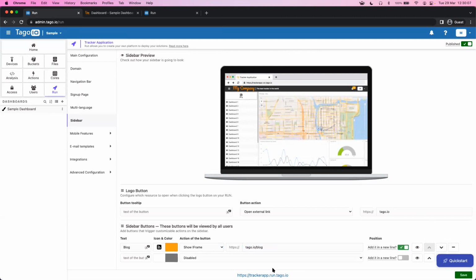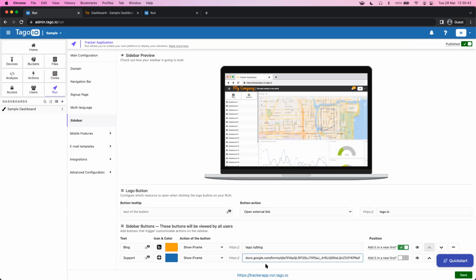Now, once we click this blog button, the content of the page will appear as the blog, but we do want another one. So let's create a new one called support, which has this very nice icon right here. And for the color, let's put Tago.io's main color. And it's also going to be opening an iframe. So let's just paste the iframe right here. And this is a Google Form basically asking for feedback or for support, right? A user can click on the button and then specify their information and basically get support from our company,